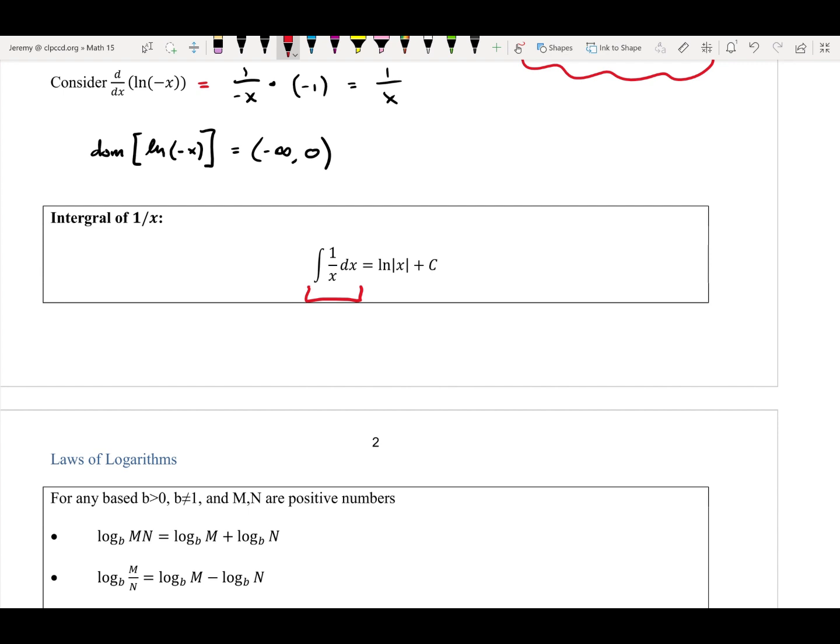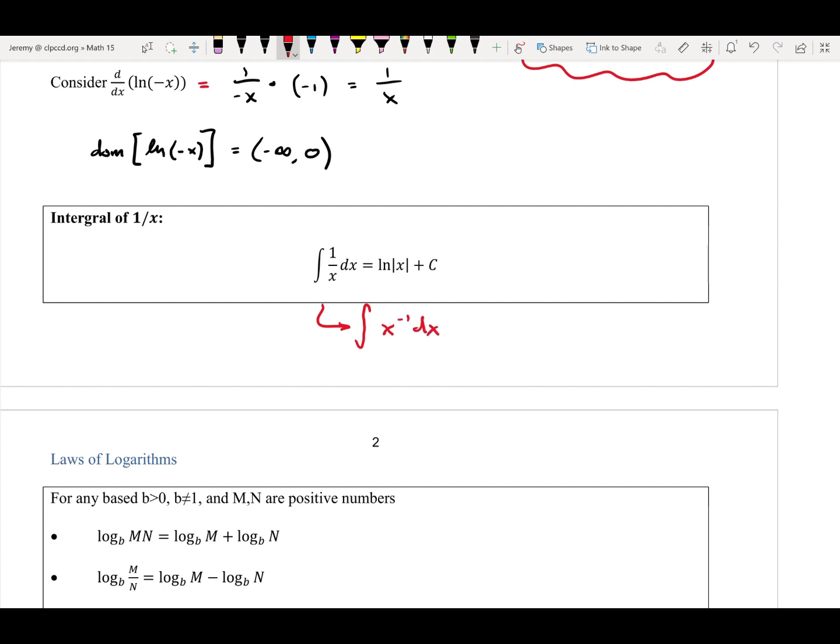You know, 1 over x, this is like one of our toolkit functions. It seems like we would totally know how to integrate this. Up until this point, we haven't been able to do this. And just to demonstrate the issue that you would have, because normally if we were going to take an integral of this with the tools we already have, we might express it like this, x to the negative 1